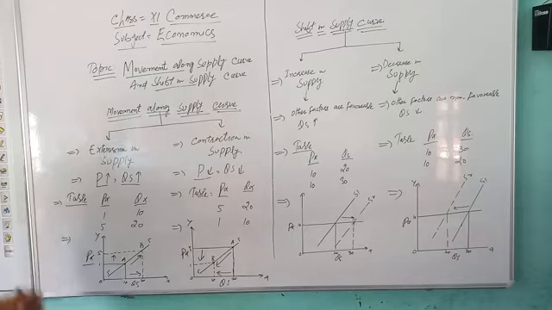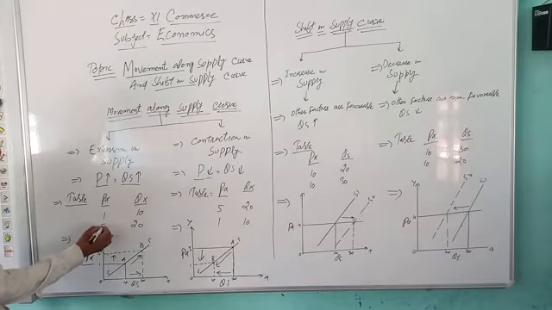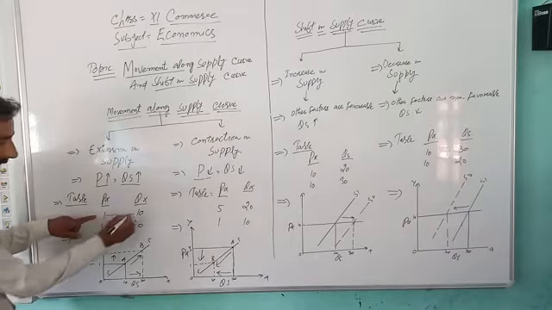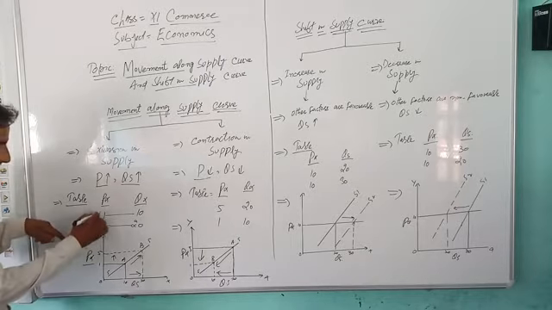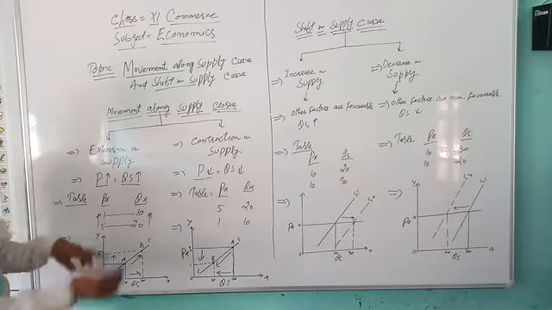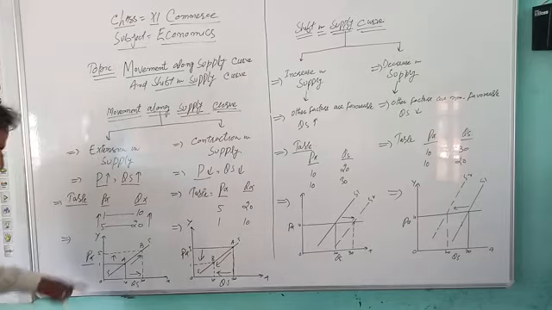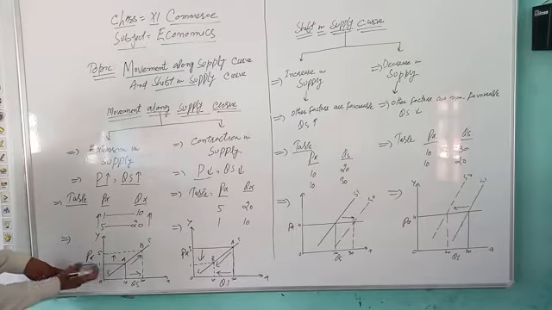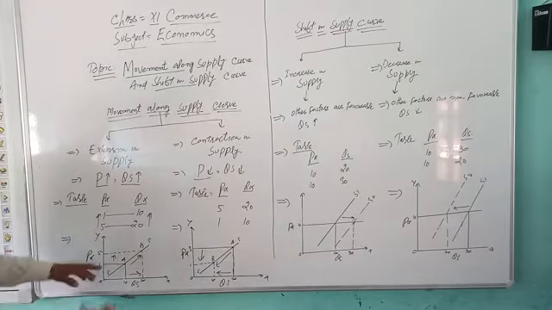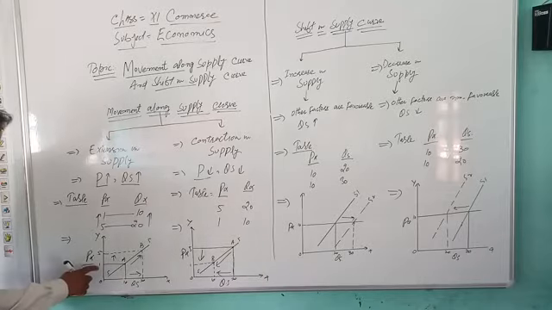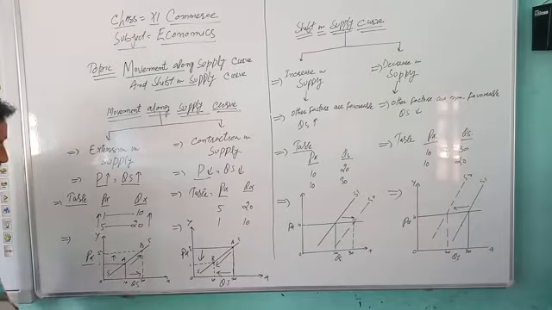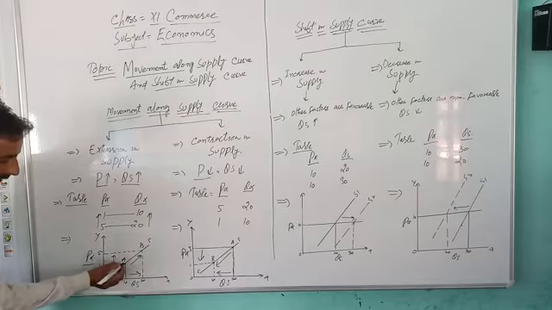Px is there. Px means price of commodity. Qx means quantity supplied. Price is 1 and 5. Quantity is 10 and 20. Means price is increasing and quantity supplied is also increasing. The above case is mentioned here. The diagrammatic view of that is here. You will clearly get the concept that price is increasing from 1 to 5. Definitely quantity supplied is also increasing. That is why 3 arrows are given here.